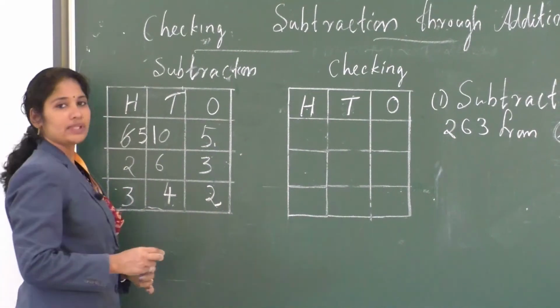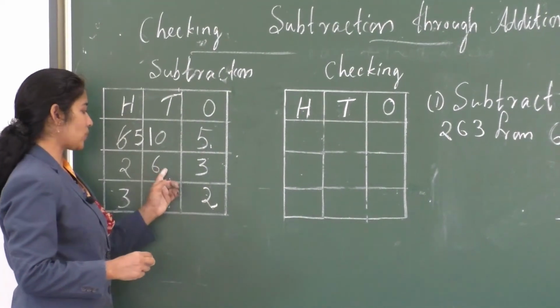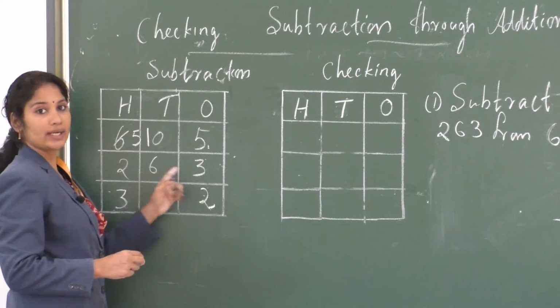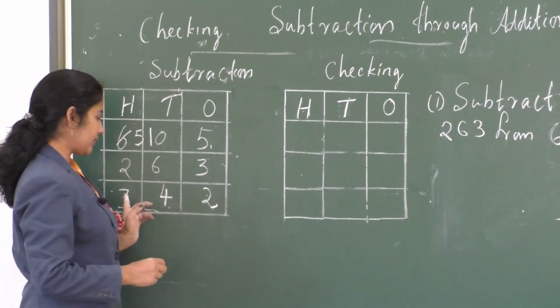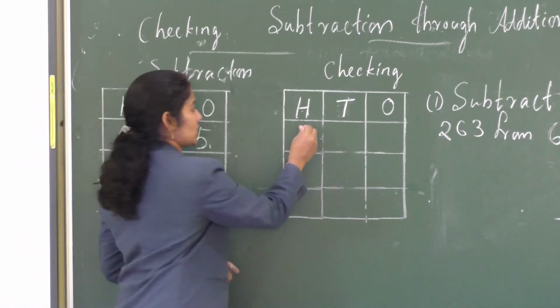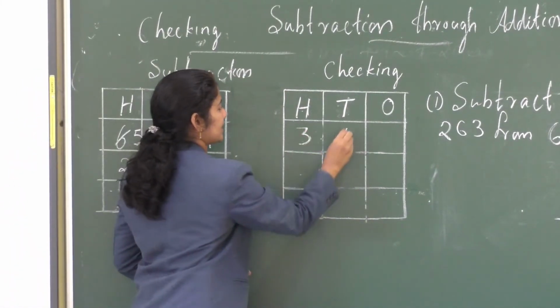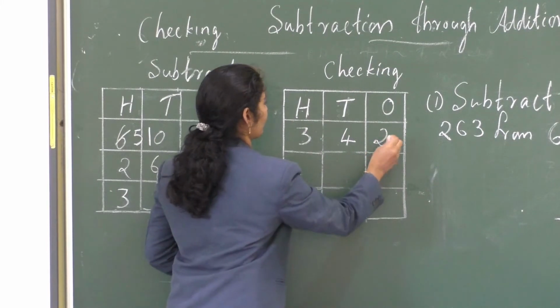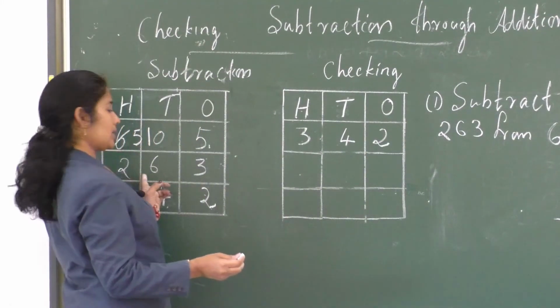Now we got the difference. Which is the smaller number here? Yes, 263. So what is the difference? 342. So we can check. First the difference is 342. And which is the smaller number? Yes,